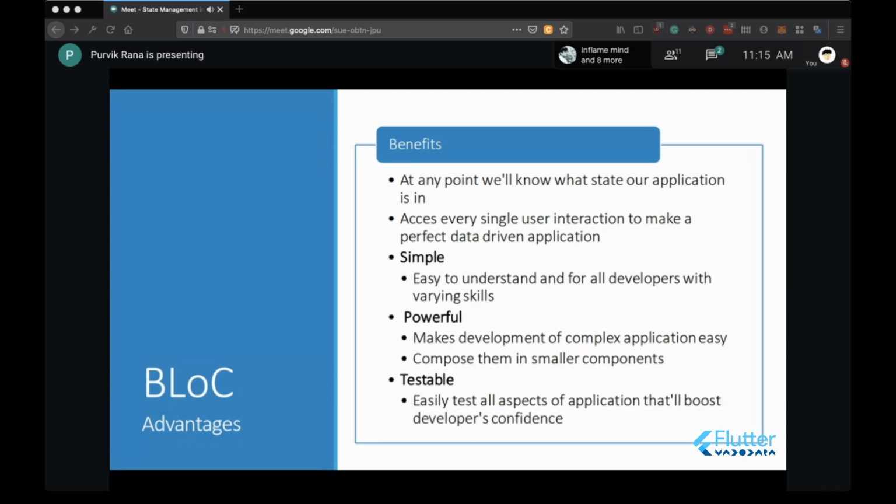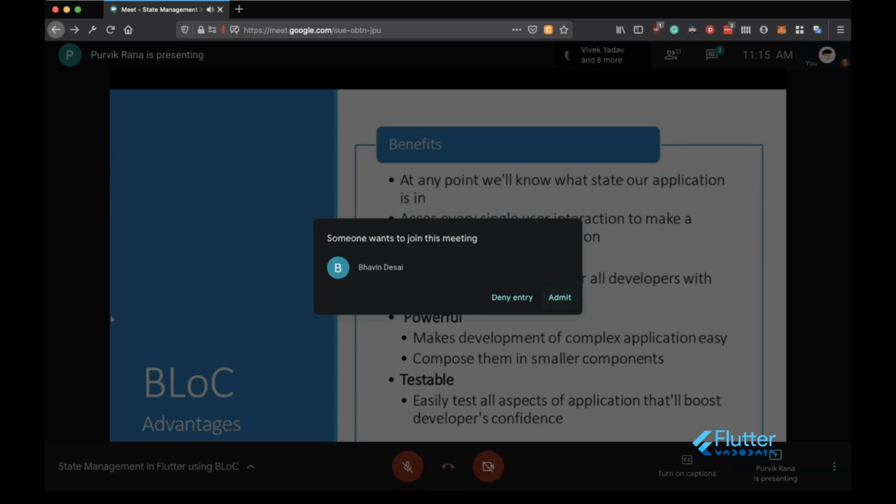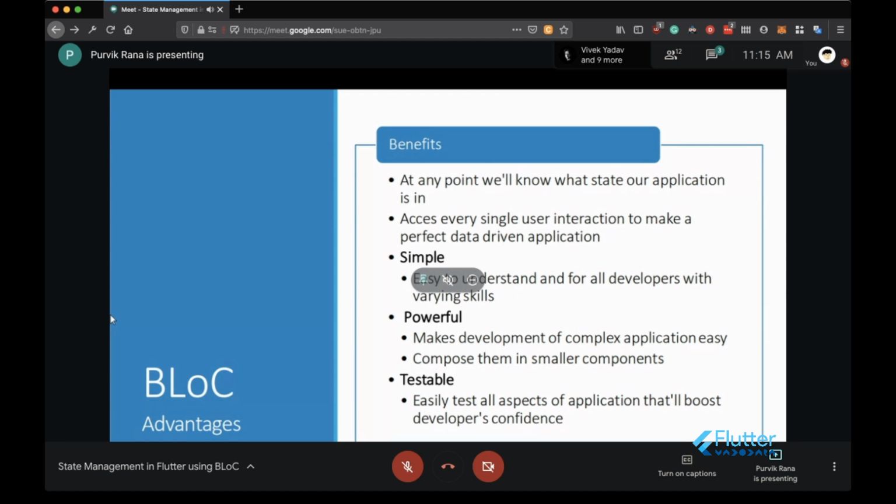And whenever the user performs some operation, like clicking on buttons, being redirected to other screens, or fetching data from a backend server or some API, that data is going to be represented in the UI. At that point, you can say my application is in some state. So at any point, if we know what state our application is in, Bloc is very beneficial for that.